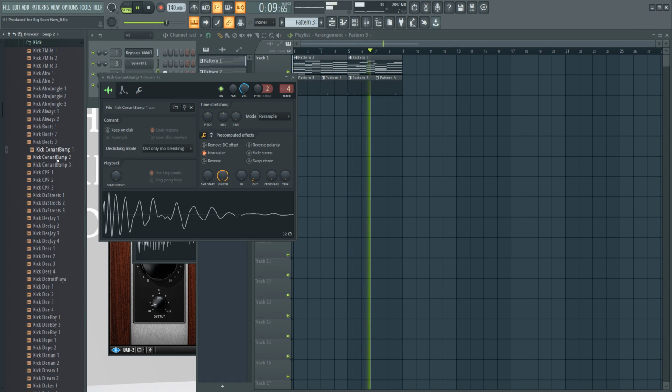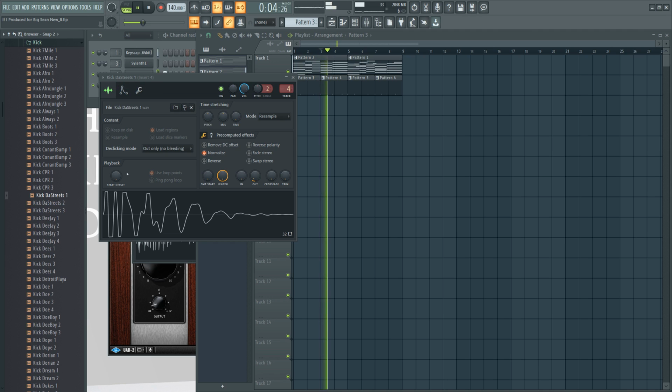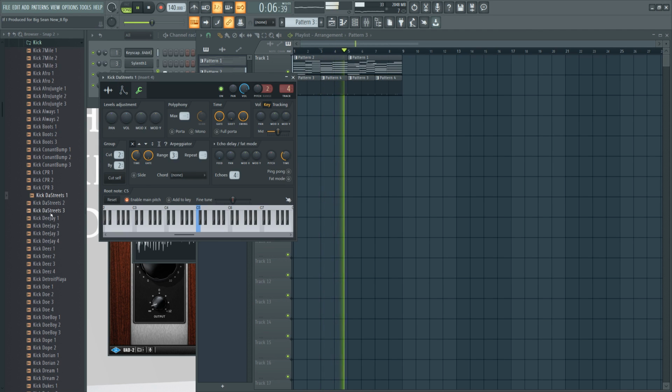I like the Conant bump too, but it's a little boxy. That one has a cymbal over top of it. I can't use it, not for this track. Could filter it out, but I don't feel it's going to work. Oh, this might work. Here we go.